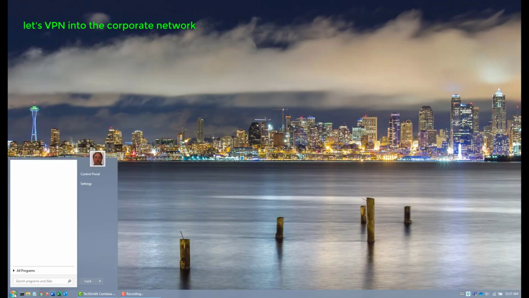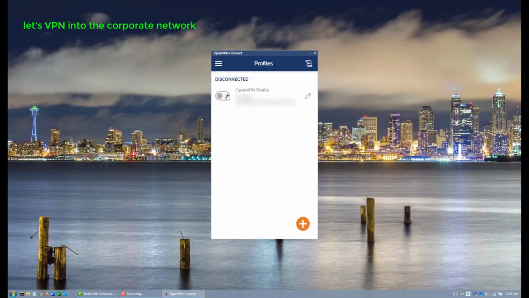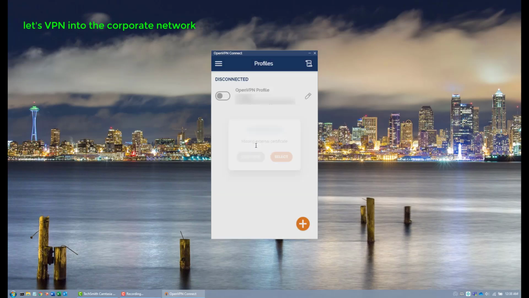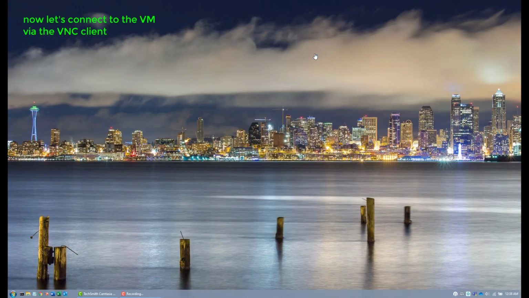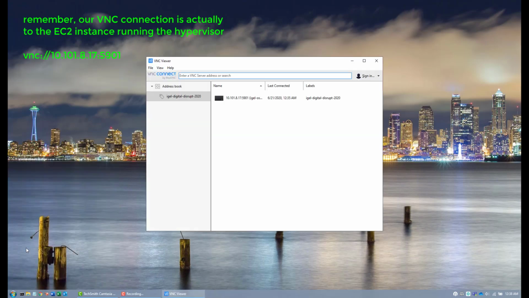For our demo, my corporate network is already integrated with AWS, so I'll simply VPN into my corporate network from my Microsoft Surface laptop using OpenVPN client software. This will give me the route I need into AWS. Time to fire up the VNC client and access the VM at 10.101.8.17:5901. And we're in. As you can see, we've connected to the remote IGEL OS Thin client,